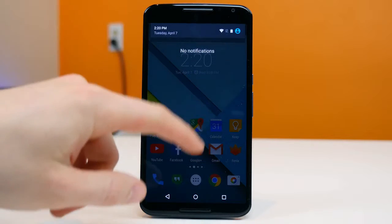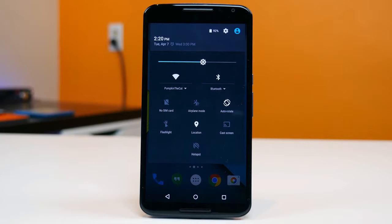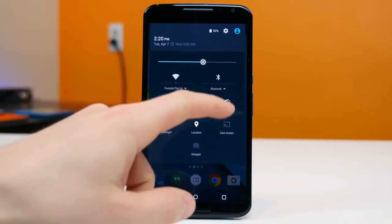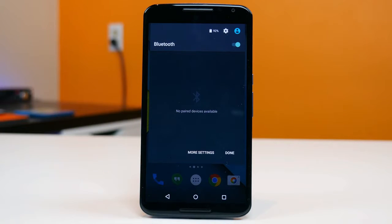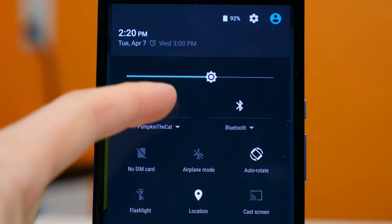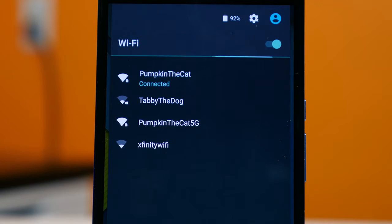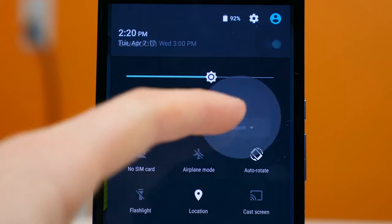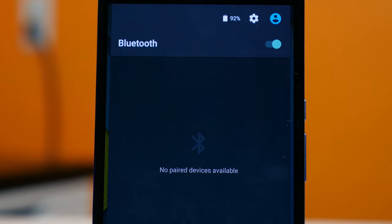Number 5, you will now be able to connect to Bluetooth devices much more easily than ever before. In Android 5.1, you can now scan for nearby networks or devices and tap the small downward arrow icon to see which Bluetooth devices to connect to directly from the notification panel or the quick settings. You no longer need to go to the settings anymore, which makes things just a lot more convenient,